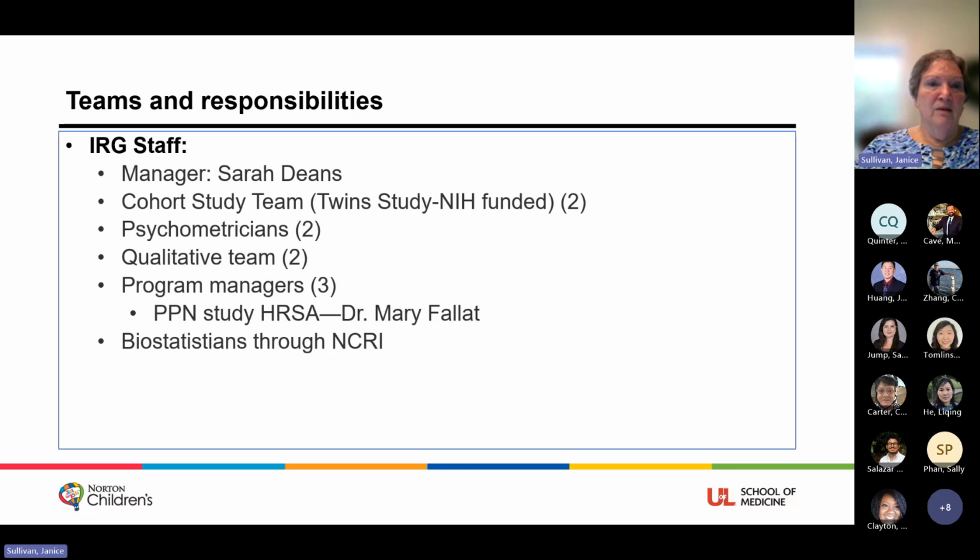and they have been working with the team at UCSF, and were able to get NIH funding. And so now a lot of these twins are in their 40s, 50s, and 60s. And so they're bringing them back in for studies now, and the NIH just funded a portion to also bring in other family members. So there are 2 team members that are specifically assigned to this, and then there are 2 psychometricians,